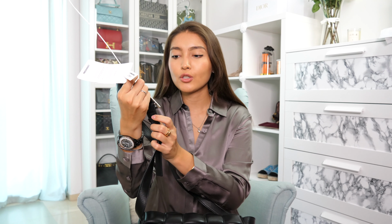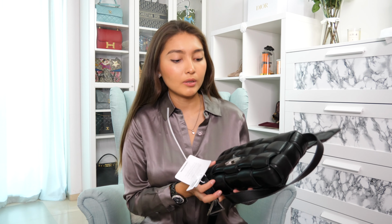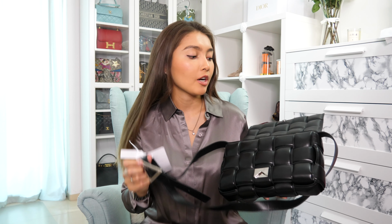I still have the Louis Vuitton Roma tag. I need to remove it. It's like aged silver hardware. And I specifically wanted to get something with silver hardware because I feel like the majority of my bags are